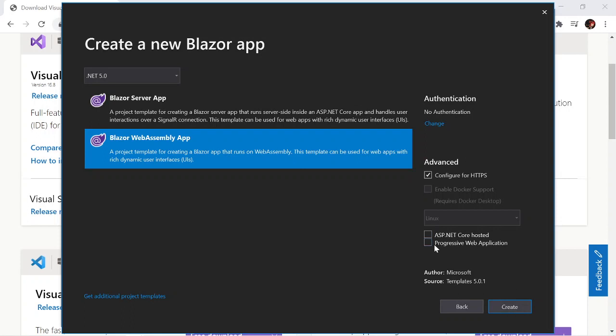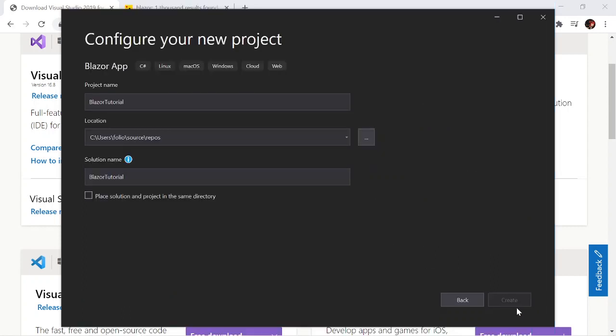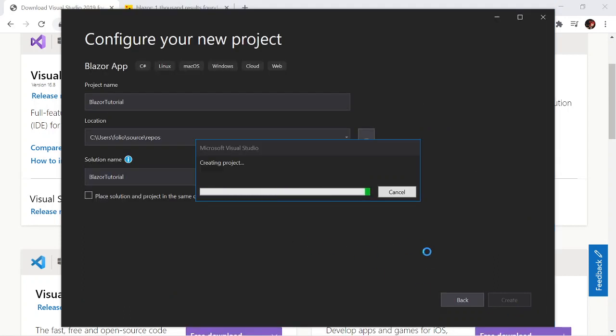You can choose progressive web application for PWA apps, then create. And here we use .NET 5 for the .NET framework.